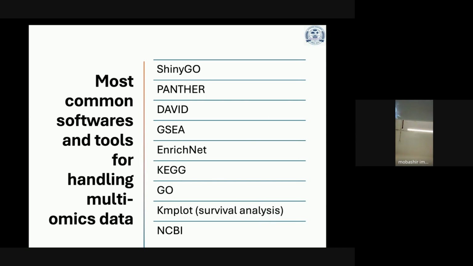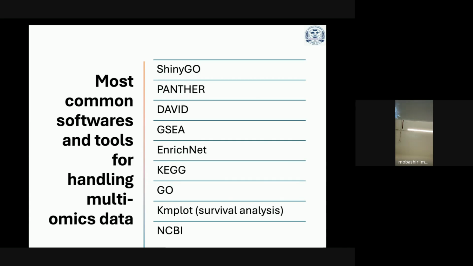As I have mentioned in the last class, the different softwares and tools used for bioinformatics analysis and the different databases utilized for carrying out the research work for different human diseases or required projects. So now I have decided to go for implementation of one of the selected software, that is ShinyGO, to implement